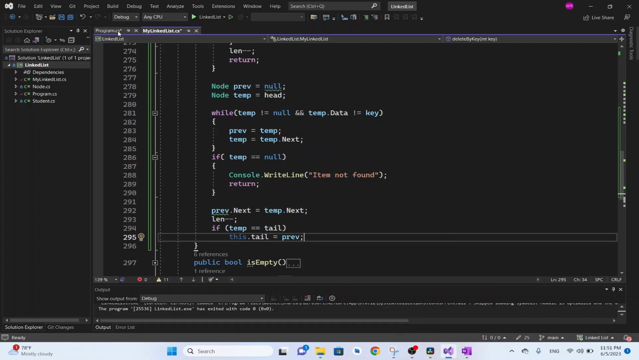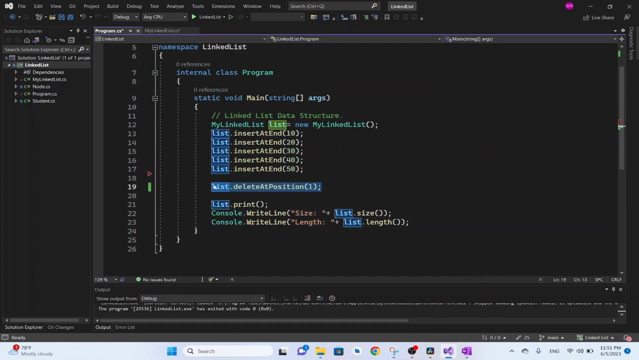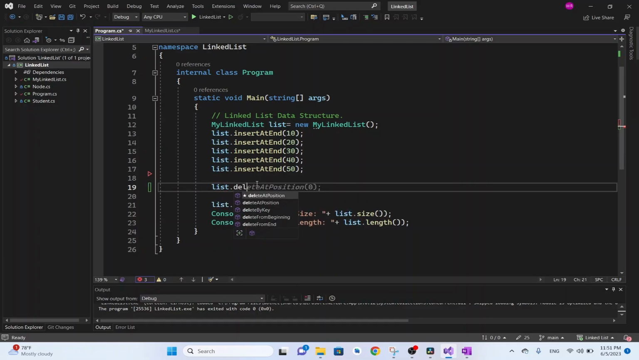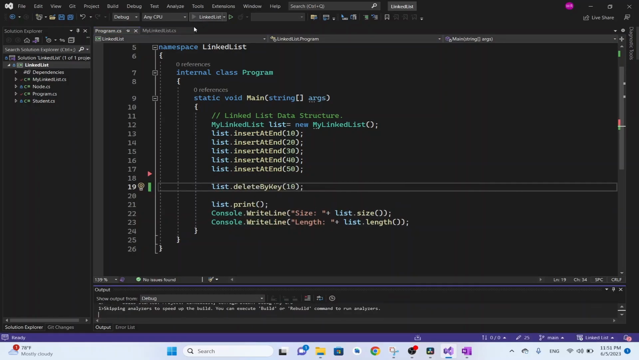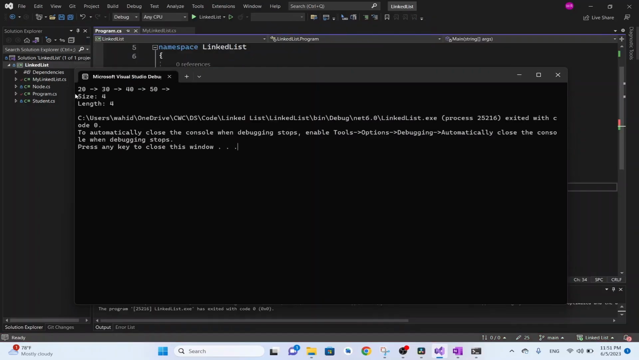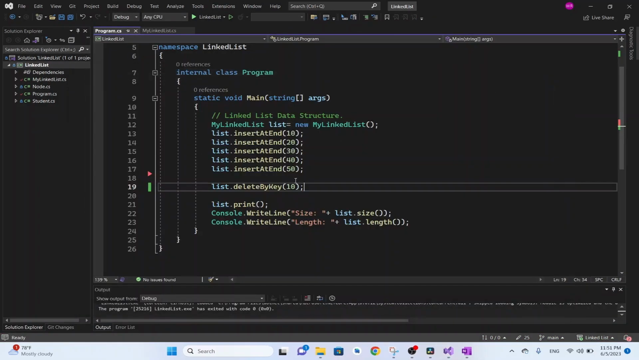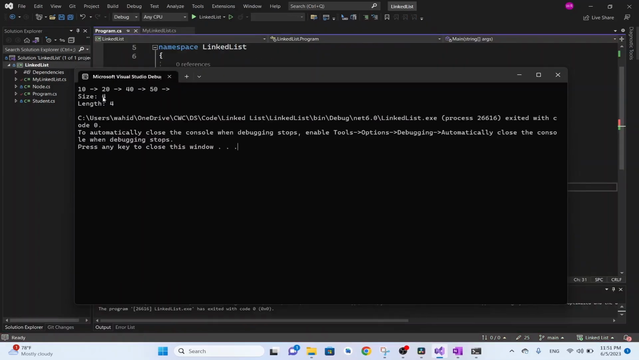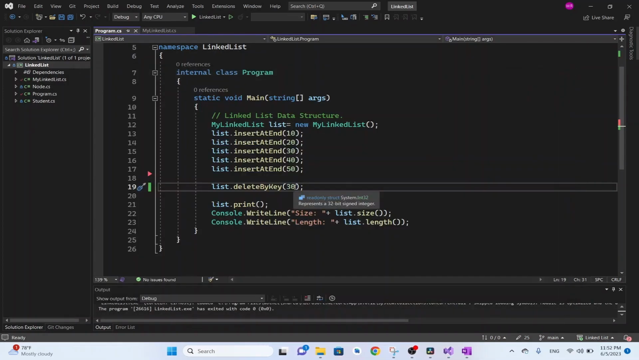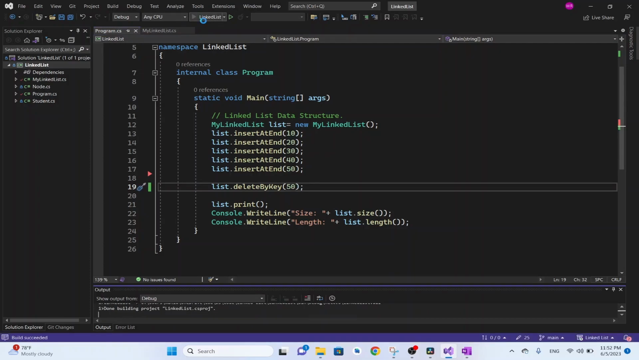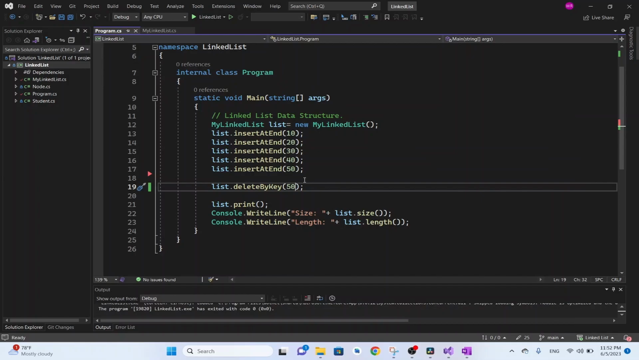Let's check our function. Go to the main function. Say I want to call list.deleteByKey. Say I want to delete number 10 from the beginning of the linked list. 10 is gone. We have 20, 30, 40. Say I want to delete number 30. 30 is gone. Size is decremented. Say I want to delete from the end of the linked list. 50 is gone. If I want to search or delete for an item which is not present in the linked list,